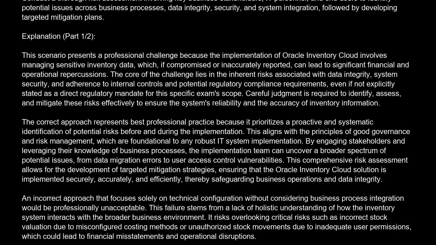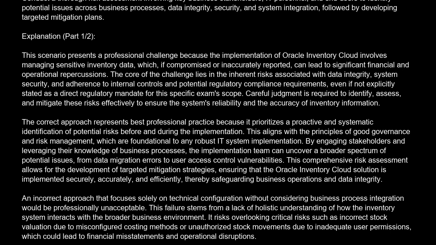Explanation. This scenario presents a professional challenge because the implementation of Oracle Inventory Cloud involves managing sensitive inventory data, which, if compromised or inaccurately reported, can lead to significant financial and operational repercussions. The core of the challenge lies in the inherent risks associated with data integrity, system security, and adherence to internal controls and potential regulatory compliance requirements, even if not explicitly stated as a direct regulatory mandate for this specific exam scope. Careful judgment is required to identify, assess, and mitigate these risks effectively to ensure the system's reliability and the